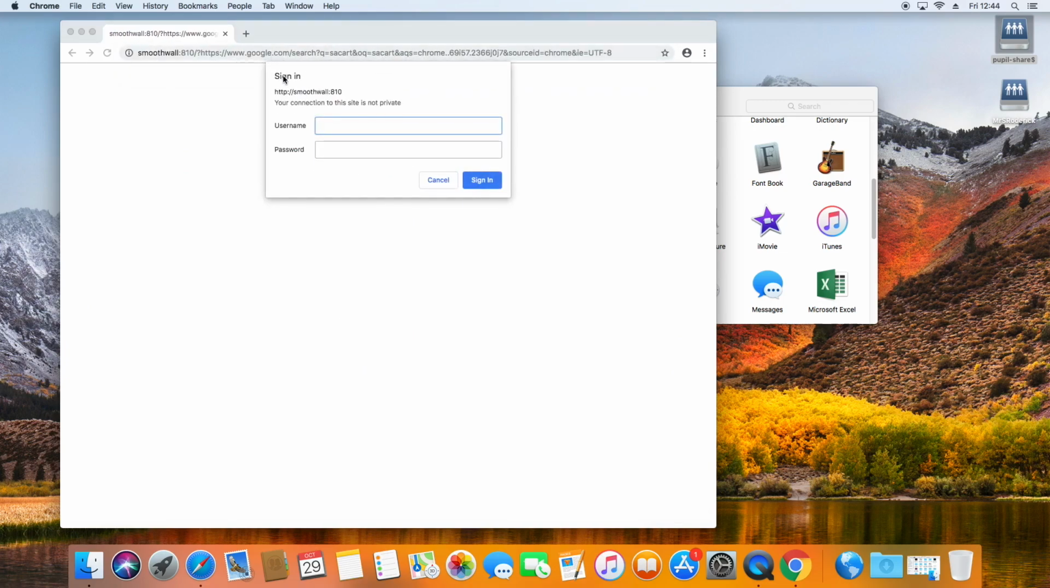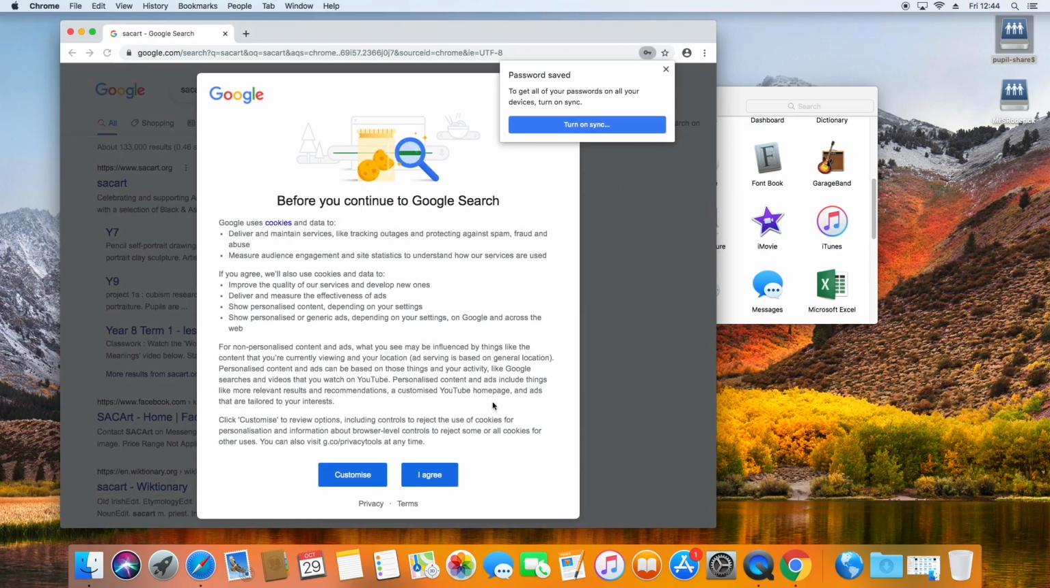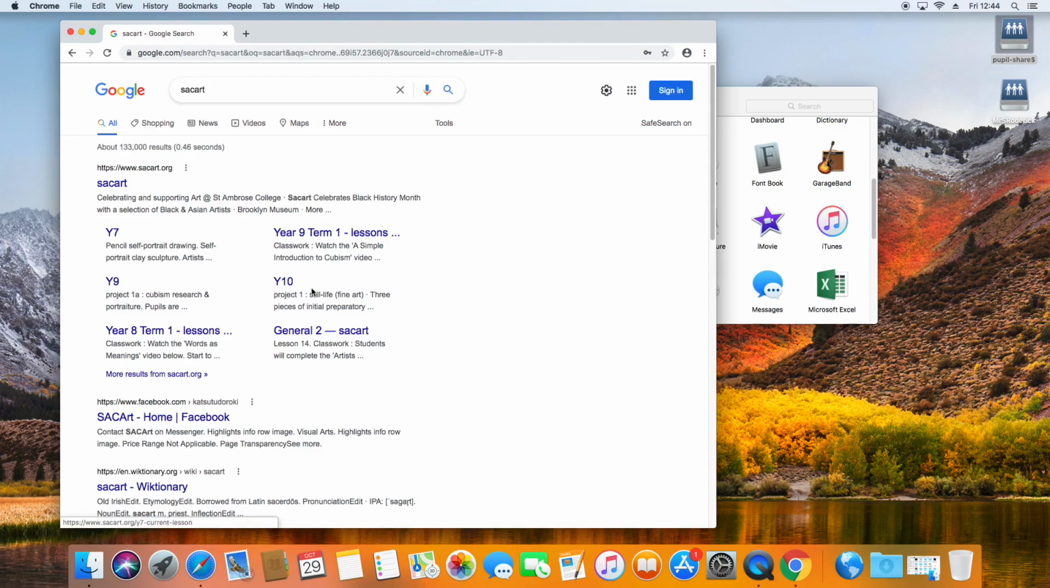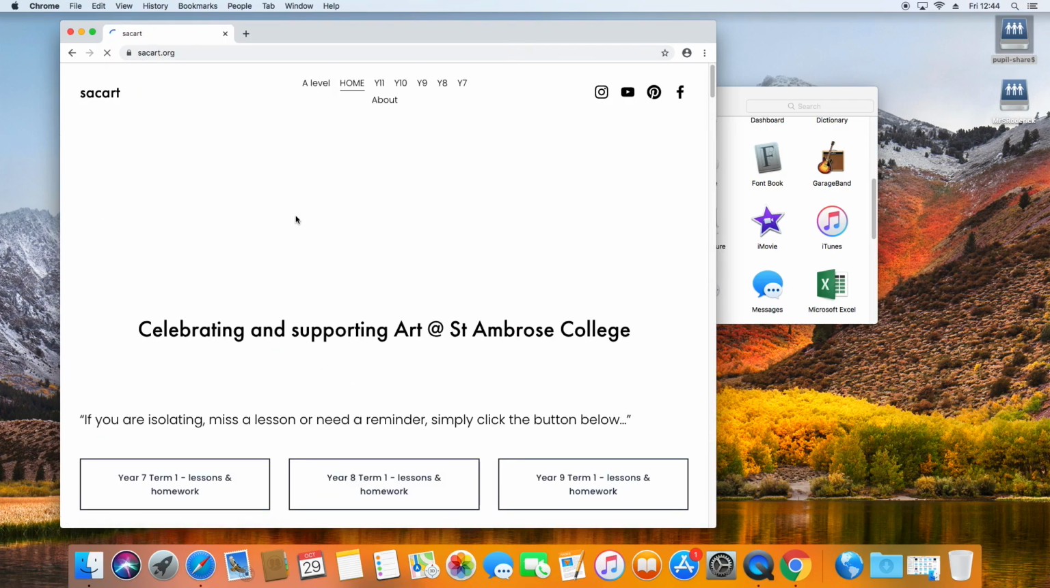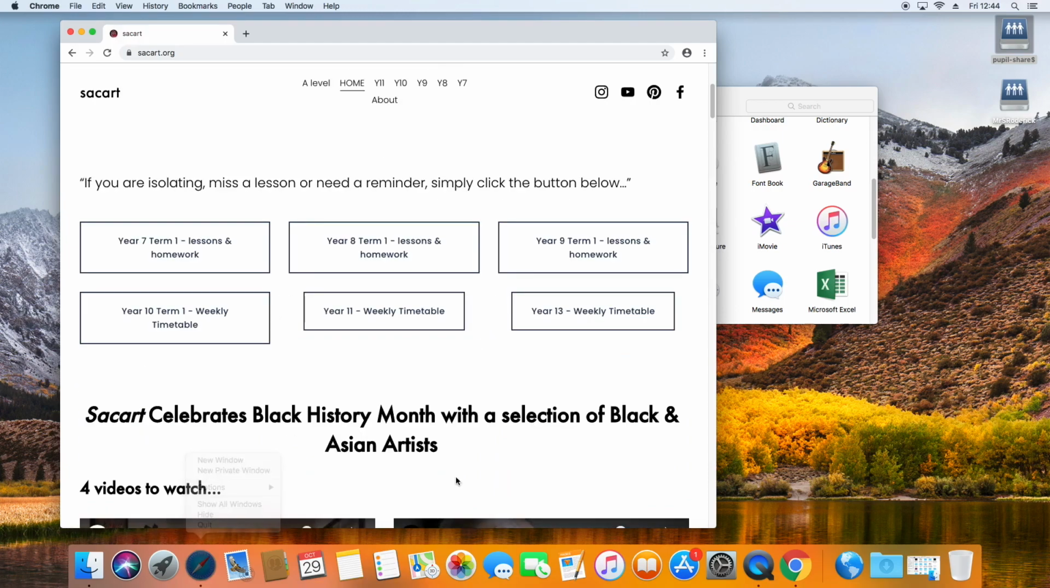However, first time you use it, you'll see it'll ask you to sign in with your username and password. This is the first time I'm using this machine. So now I can save that. Don't need to have sync turned on. Agree to the conditions. So now I can obviously access SACART and I can access the lessons, etc. So now I'm going to open a new Chrome window,